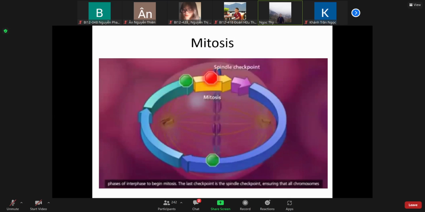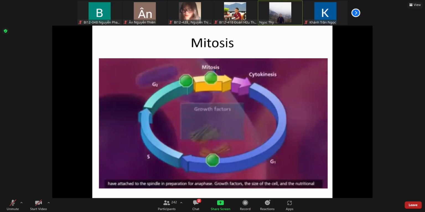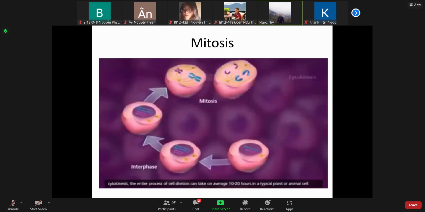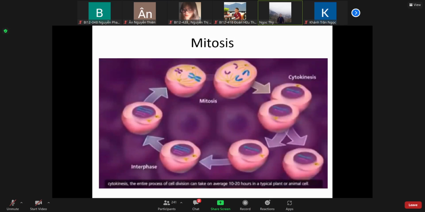The last checkpoint is the spindle checkpoint, ensuring that all chromosomes have attached to the spindle in preparation for anaphase. Growth factors, the size of the cell, and the nutritional state of the cell are all contributing factors in cell cycle regulation, ensuring that only certain cells divide at appropriate times. Once all the checkpoints in interphase are cleared, mitosis can occur. From interphase to cytokinesis, the entire process of cell division can take on average 10 to 20 hours in a